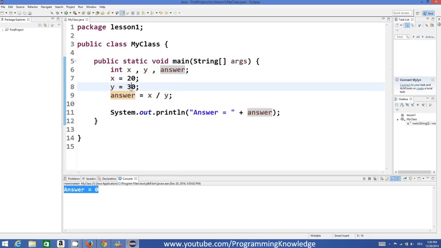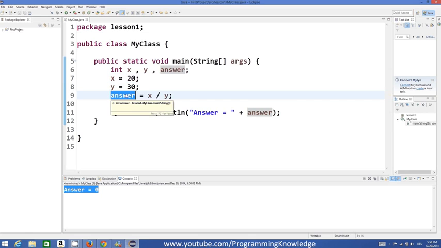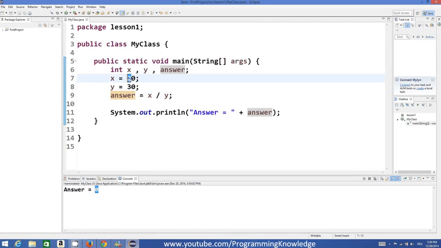And whenever we divide two values, the answer will be integer, and if this answer is not integer, then you get 0. So for example, we divide 60 by 30, right, or 600 by 30.